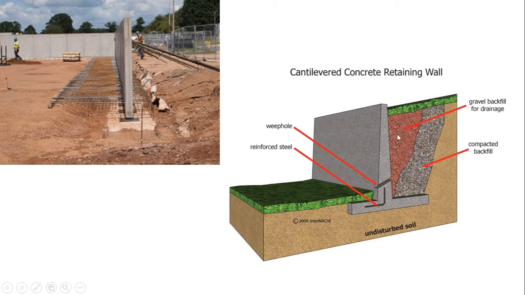At one end of this, it is going to retain the gravel backfill, and on the other end it is going to maintain the level. Okay, so at one end we have the higher level, at one end we have the lower level. So in between these, this is the cross section of the retaining wall. We can see the weep hole over here.